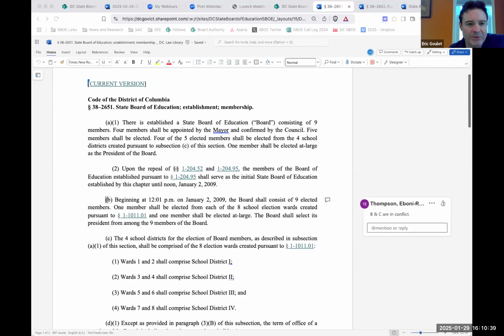So what the council will probably want to do is keep this language in there, because they like to maintain the historical record of how things worked over time in the code. Since this isn't in effect anymore, I don't think it's problematic, but they'll probably want to keep it in. So it wouldn't be something we would try to repeal out. Does that make sense? I don't know if I'm explaining it well. No, that's helpful. That was exactly my question, if it's fine to keep it in there because it's clear that it no longer applies.